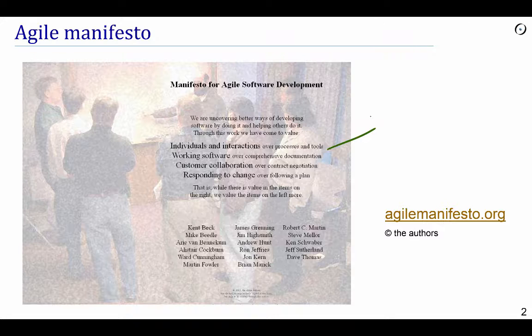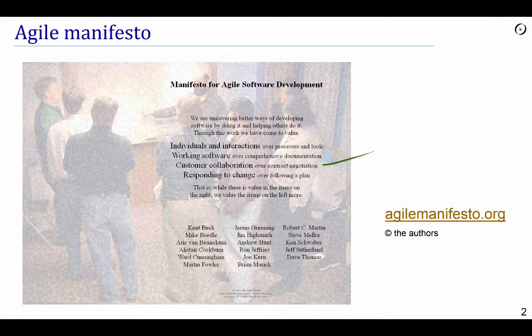Working software, second point, rather than comprehensive documentation. There's a tendency in traditional projects to insist on documenting absolutely everything that the software is going to do. Well, the Agile view here is to say documents are only documents, and really what counts is software that actually runs. This is the last word, which solves all questions. Documents only say what the software should do. Software by definition says what the program does.